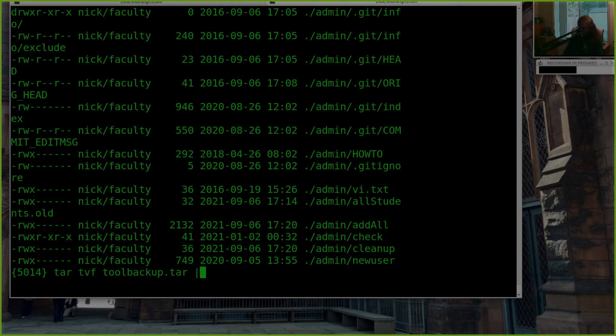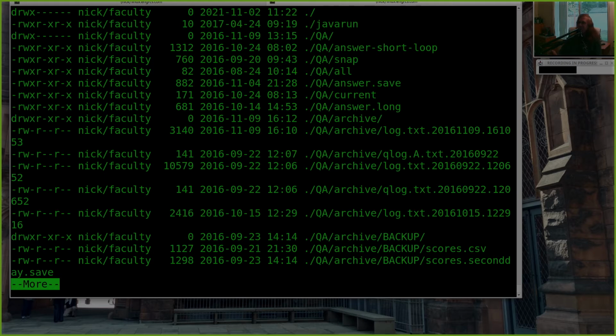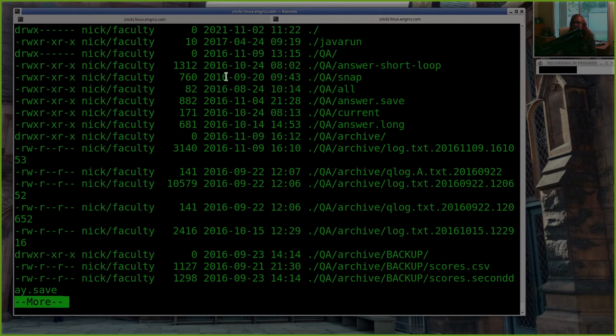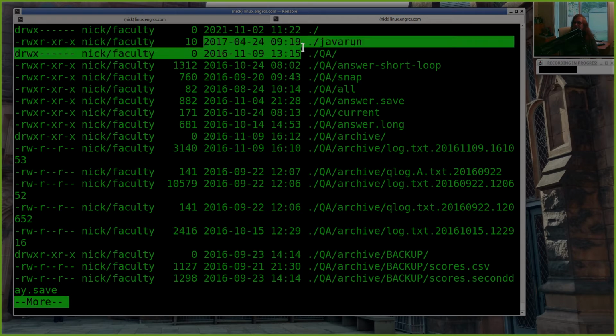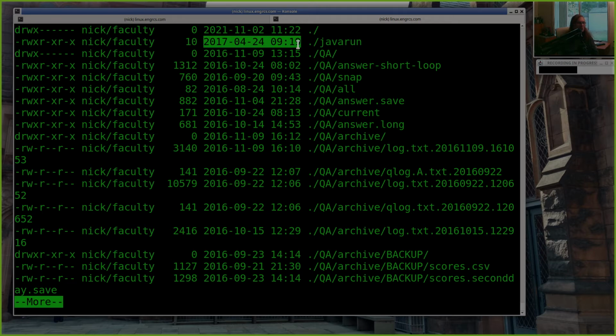And if I pipe this into more, I can look at it one page at a time. And it looks like an ls -l. So it's showing me the file name, the permission bits, the type of file it is, the owner, the group, the size, the creation or modification timestamp and date, and so on. And all that information is preserved inside this one tar file.